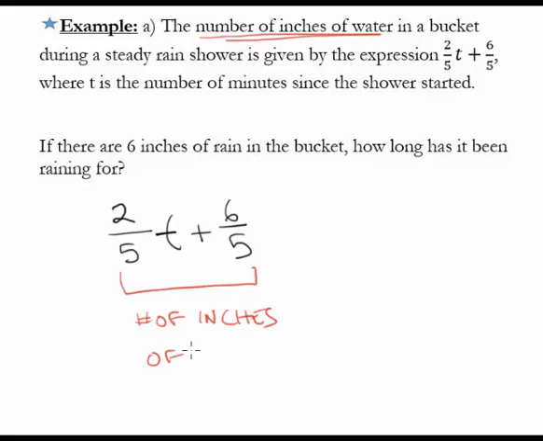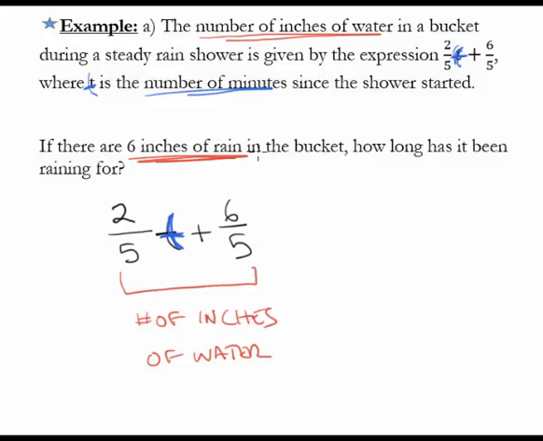Great. Okay, we can keep reading now. It's given by the expression 2/5 t. Well, now we really need to know what this thing t is. So let's see, where t is the number of minutes since the shower started. Great. So this thing represents the number of minutes since it started. If there are 6 inches of rain, and I'm going to put that in red as well, because this whole thing represents the number of inches,